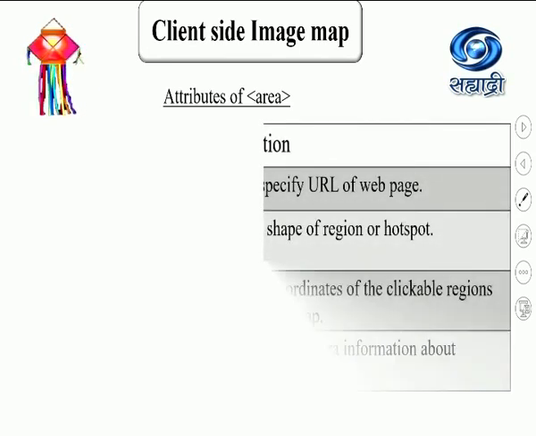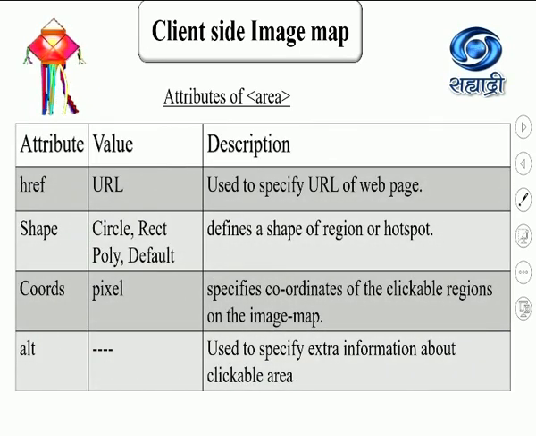For this SOP, you need to create a simple paintbrush file, and you are supposed to make use of the various attributes of the area tag for specifying the hotspot or hyperlink. So which attributes of the area tag can be asked in the online examination? Students, do remember all these four attributes of the area tag for multiple choice questions: href, shape, coords and alt. Students, do observe over here, the spelling of coords has two O's in it. While choosing the correct answer, you must observe the spelling.